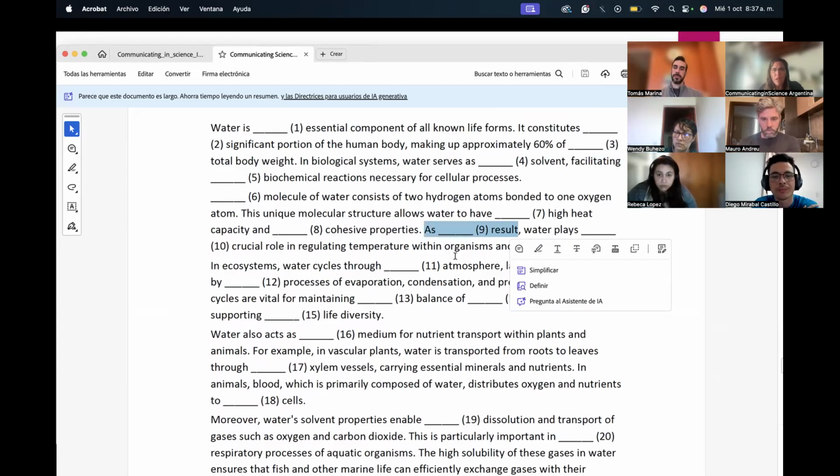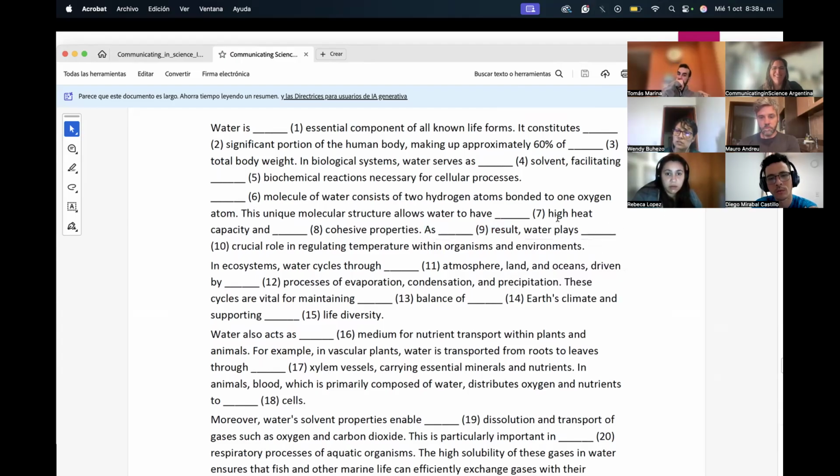Okay, in this case, because this is a phrase that we will use a lot in science, we need to put an article in front of that. And in that case, what sounds better, as the result or as a result? Is it the only result, or is it only one of many results? ¿Un resultado o el resultado? El resultado. Why? Is this the only result